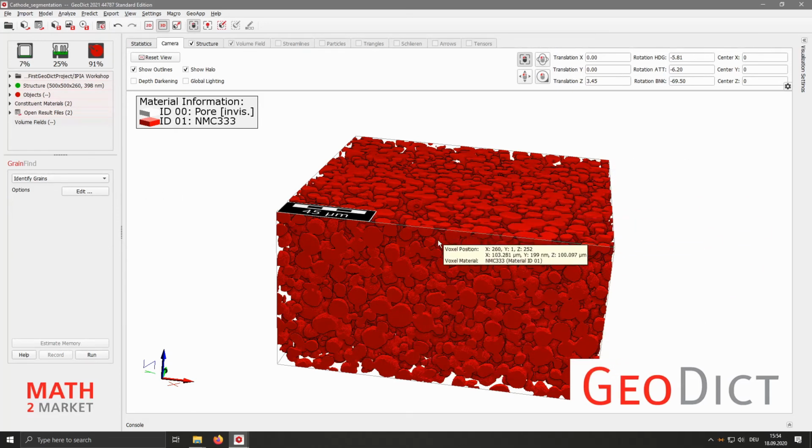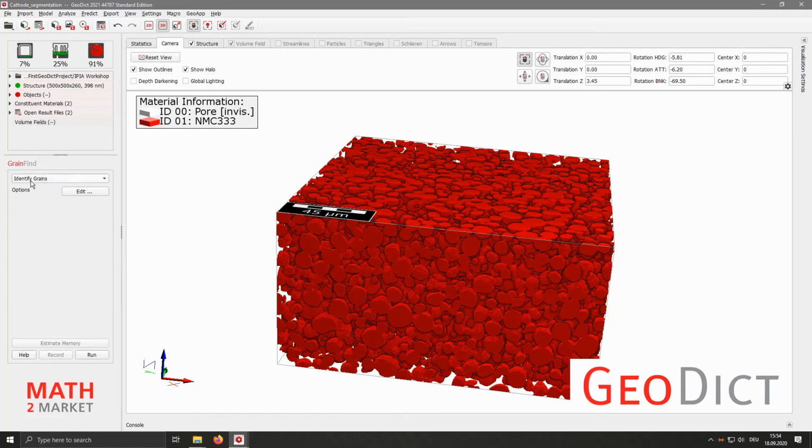Maybe there are some cranes that are disconnected, but most of them are connected. With Identify Cranes, these cranes are separated into individual cranes, and for each crane an analysis is run that yields, for example, the aspect ratio and the diameter of the crane. Also, each crane is converted into an analytic representation.